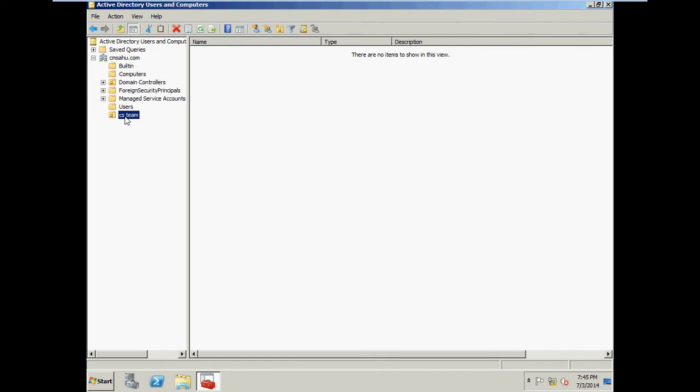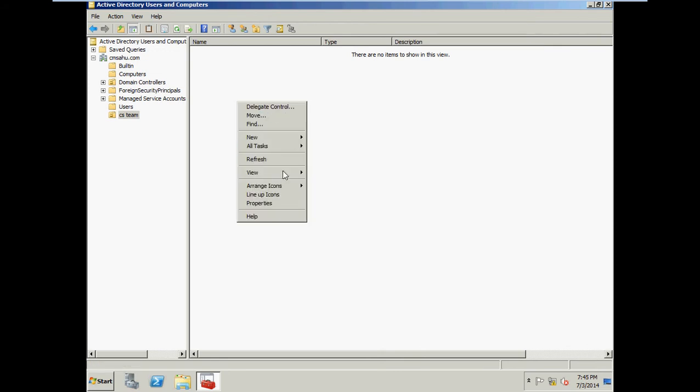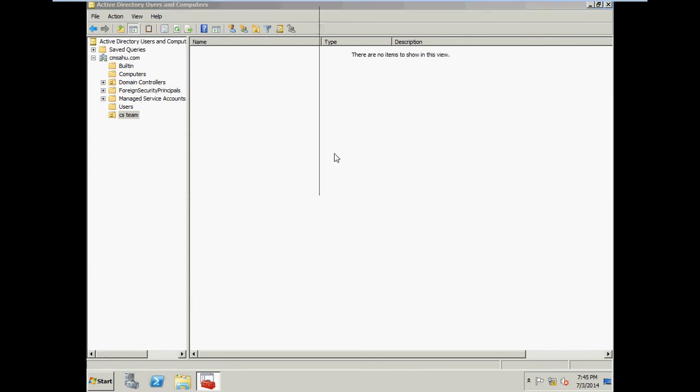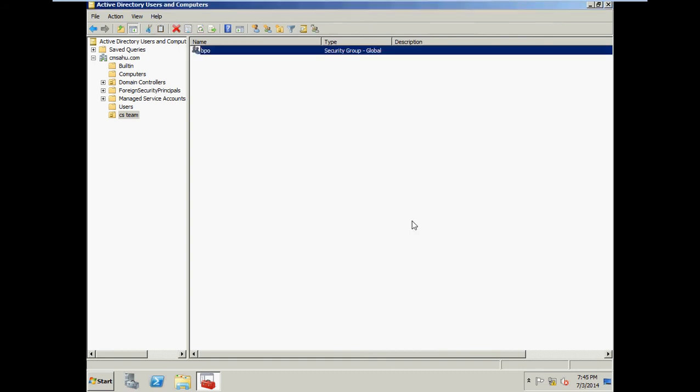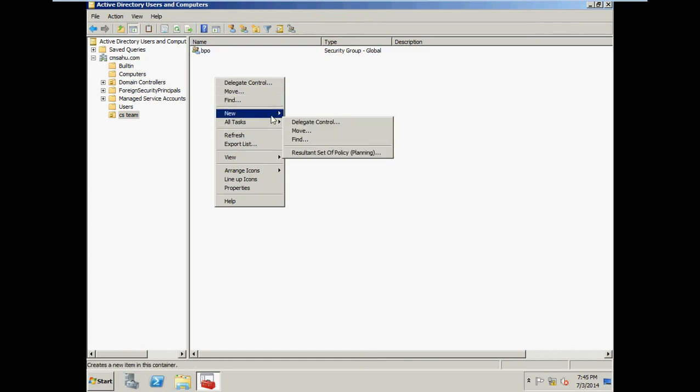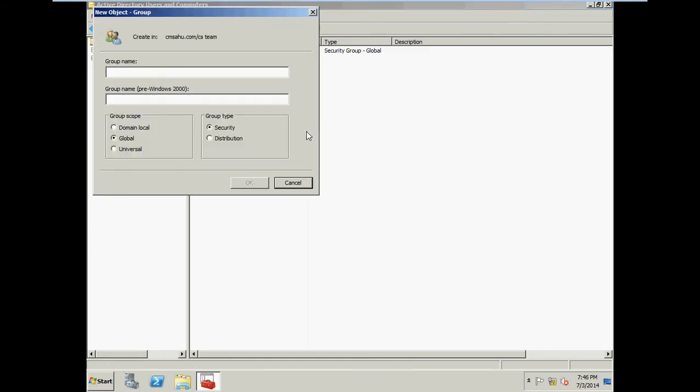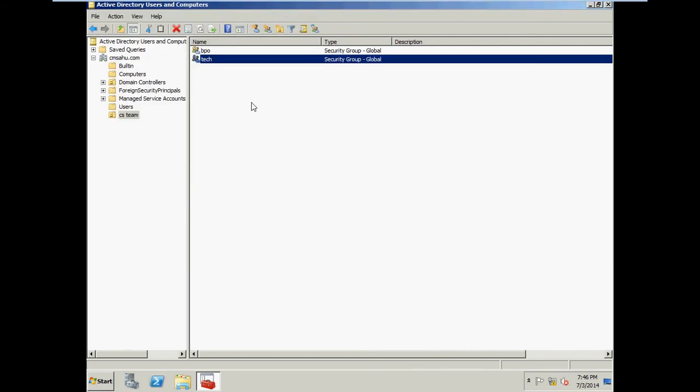In the CS team we have many more groups, so I want to create one new group, the BPO group. And I create one more group, the tech group. So these are the two groups.